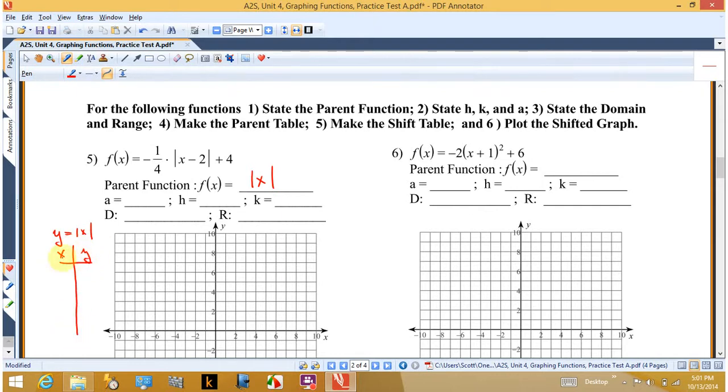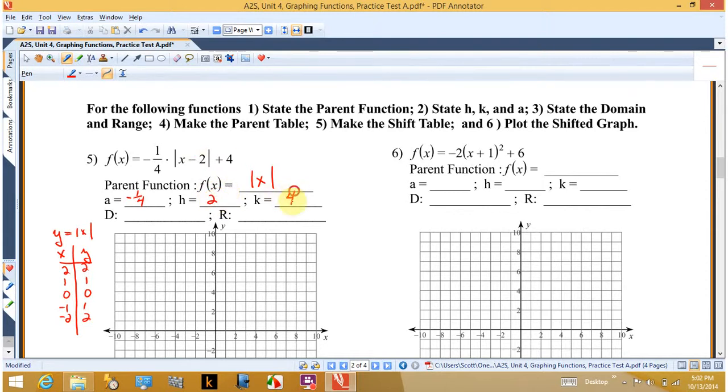And I'll use the values 2, 1, 0, negative 1, negative 2, 2, 1, 0, 1, 2. Now let's go ahead and find the shifts for my shifted table. The A value is going to be the multiplier, so that's a negative 1/4. That's my vertical stretch. My H value will be opposite the sign that's with the X, so that'll be a +2, and my K